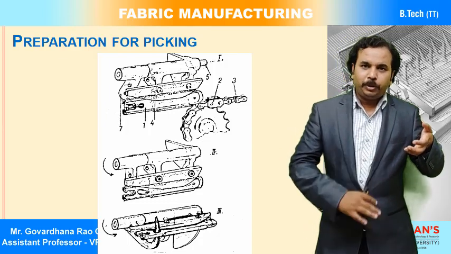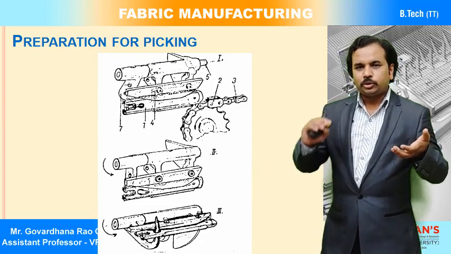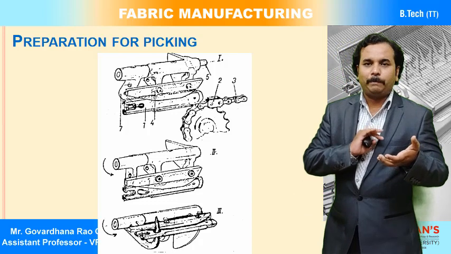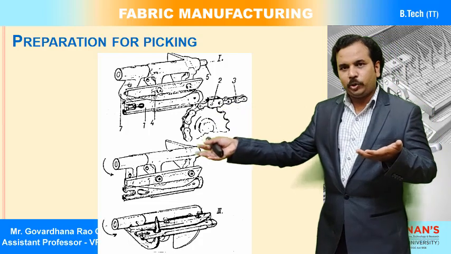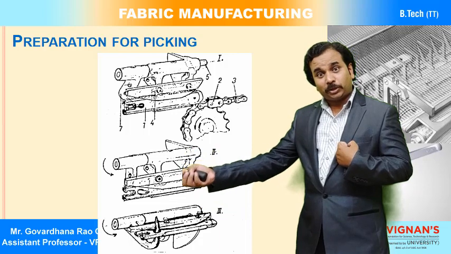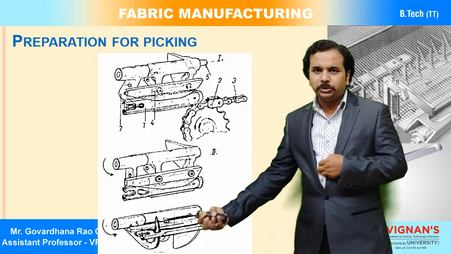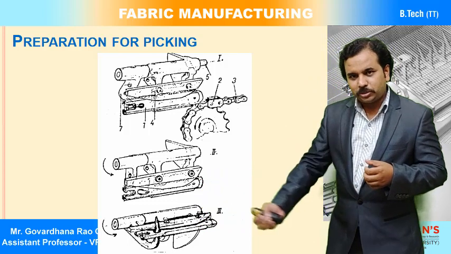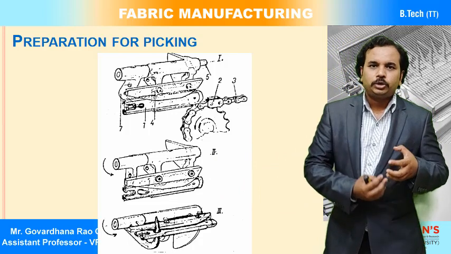Below the fell of the cloth and below the weaving machine we have a conveyor chain. From the receiving side to the picking side, the projectiles come back. Projectile picking is done, the receiving unit takes the projectile, and after picking, the projectile falls down onto the conveyor chain. From the conveyor chain, by using this mechanism, the projectile will come back to the picking position.